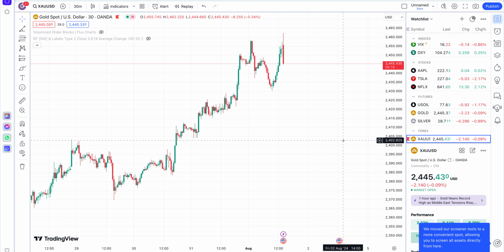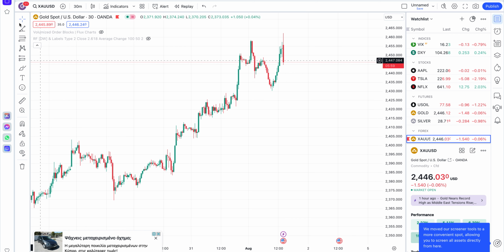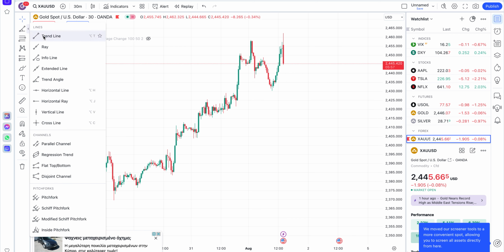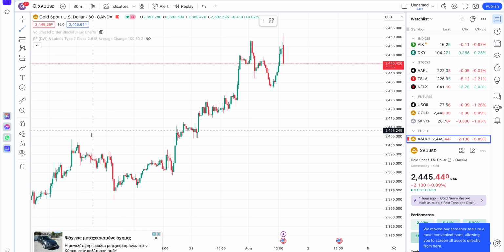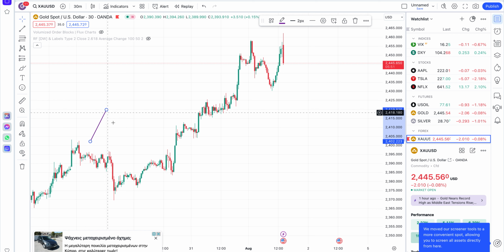I do have some indicators which I turned off. I'm trying to show you how to read a chart without having to use any of these indicators. So like I said, if you're looking for an uptrend, you'll be looking for a series of higher highs and